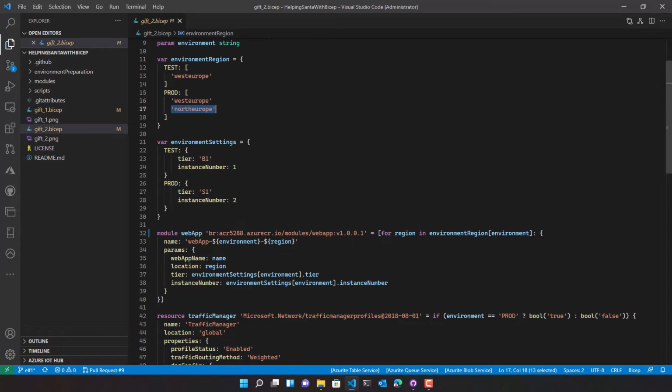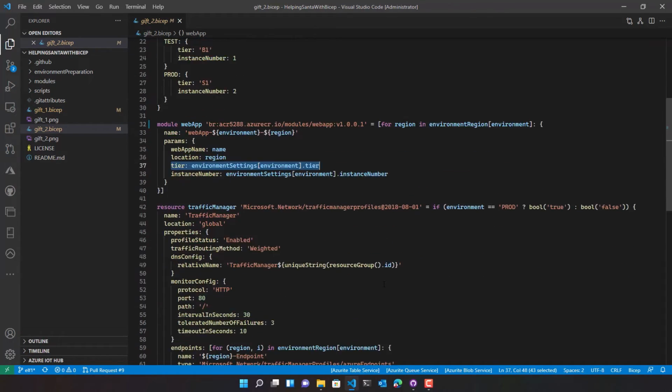As you can see here, also we are leveraging the second array to dynamically choose the tier and the number of instances depending upon the environment Cindy chose for the deployment.